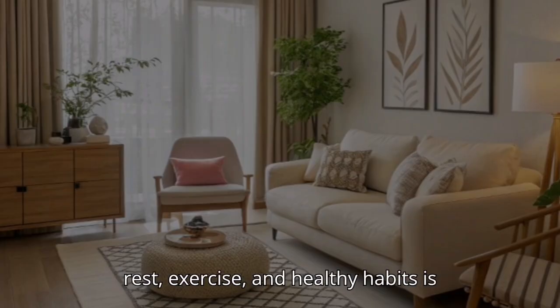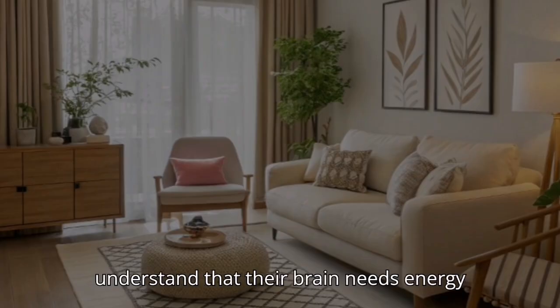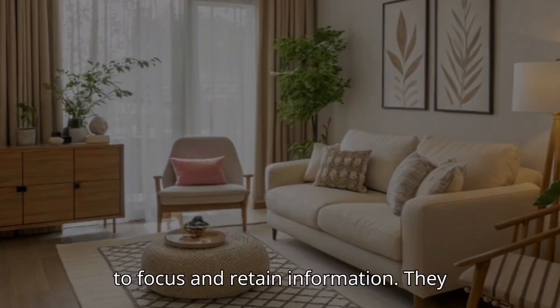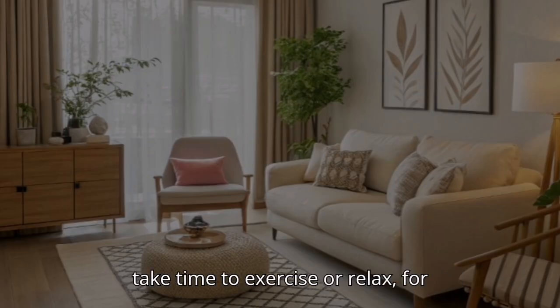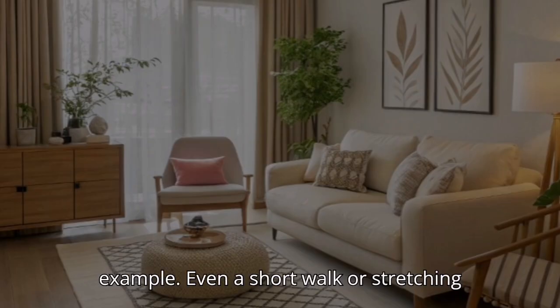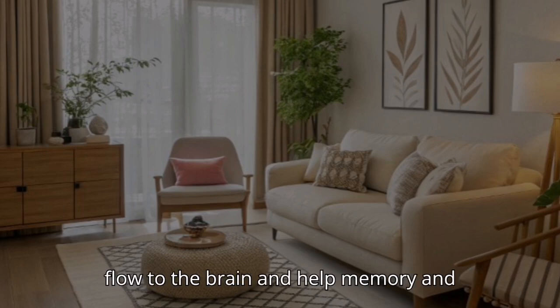Balancing study with rest, exercise, and healthy habits is another key strategy. Successful students understand that their brain needs energy to focus and retain information. They make sure to sleep enough, eat well, and take time to exercise or relax, for example. Even a short walk or stretching between study sessions can improve blood flow to the brain and help memory and